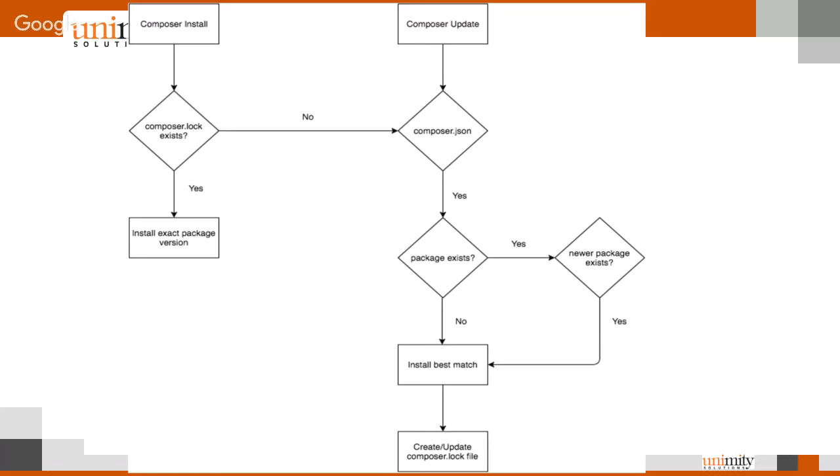If the composer.log file does not exist, it will go directly to the composer.json file. The composer.json file will check whether all the required files exist in our vendor folder or not. If they exist, it will check whether an update is needed or not. If an update is required, it will be downloaded from the update. Otherwise, it will download the newer one from the